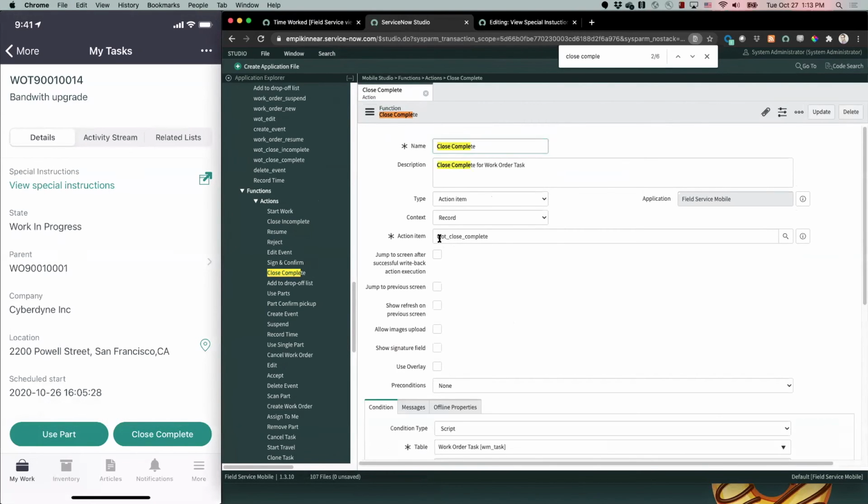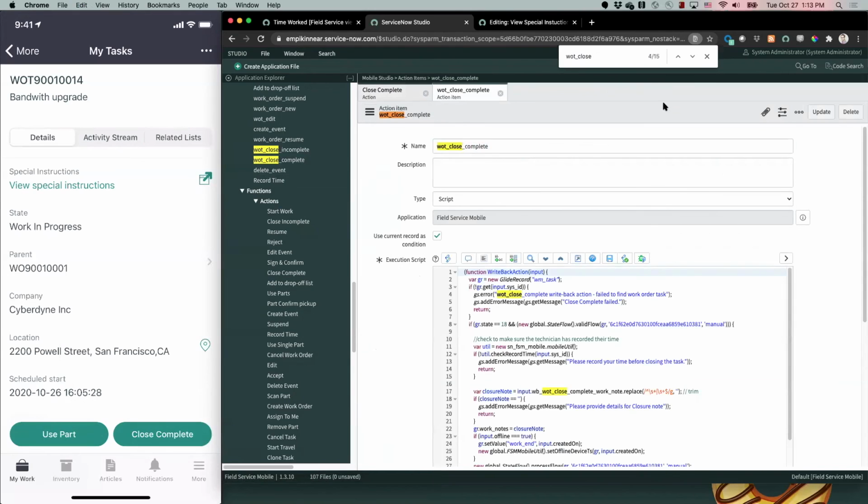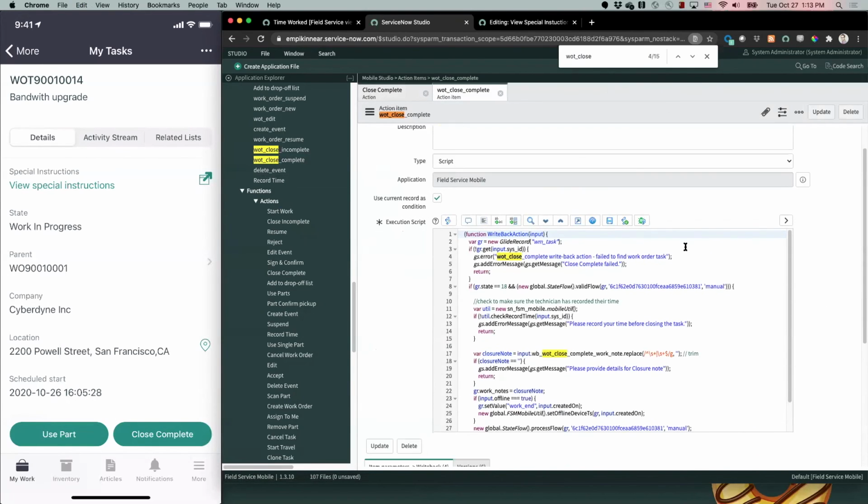And we can see that that close complete function uses an action item in the backend to process that button press, that close complete button press, and that's called WOT close complete. So let's look for that as well and get it open. Here it is up here. So let's take a look at this script here,